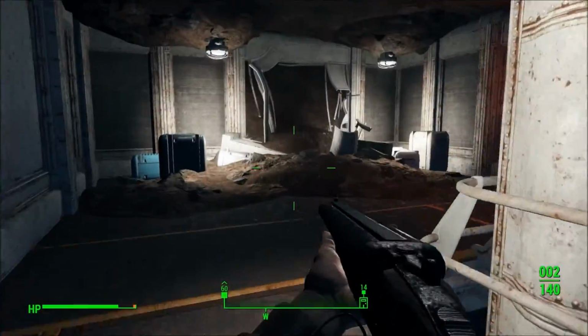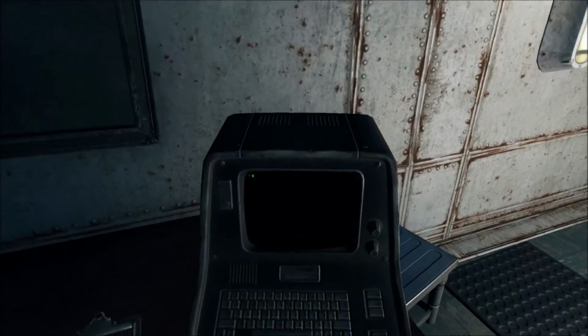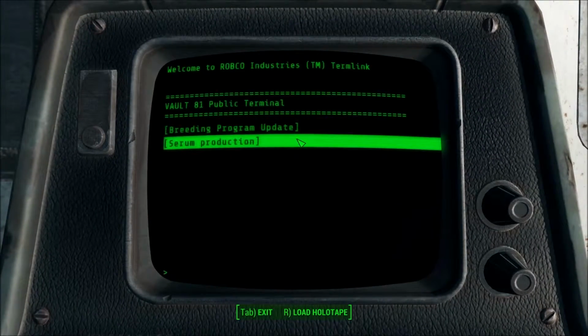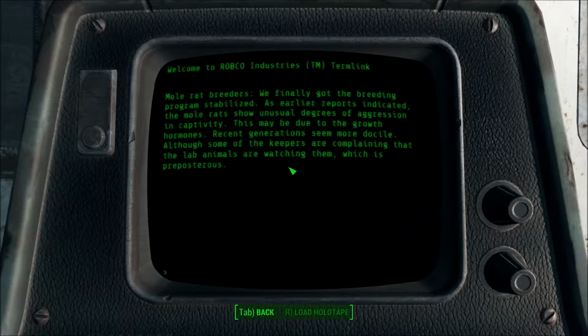So now you'll see my first playthrough, and there's a few mole rats down here, and that gets explained later on, but they're mostly the enemies you'll be facing. So the mole rats are down there because of this breeding program that they were running for a while, and